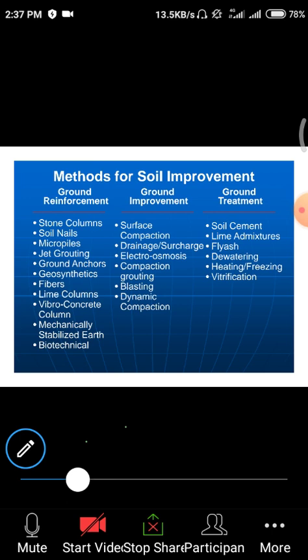After listening to all the different mechanisms involved in these three, we have to conclude what each means. Ground reinforcement means simply using some amount of steel-like materials to strengthen the soil. Ground improvement means using some amount of external additives to improve the soil parameters. Ground treatment means we remove a huge amount of a particular material and improve the soil properties. Those three things are related to each other, but their processes are entirely different.